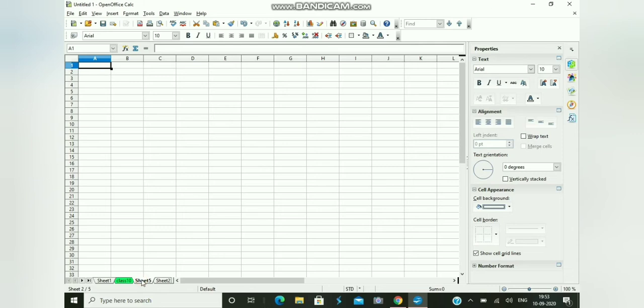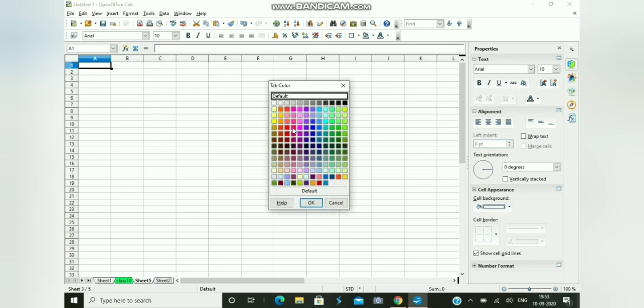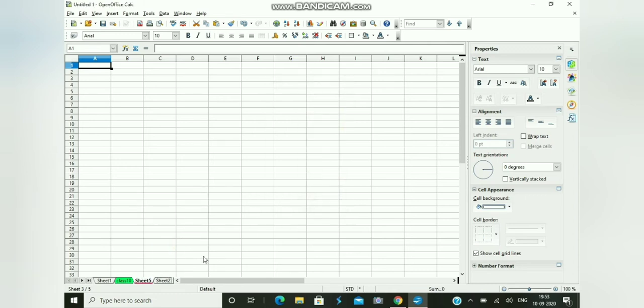Now if I come to Sheet 5, as you can see, the sheet that has been renamed has been assigned a turquoise color, which is appearing as green over here. All right, so accordingly we can apply different colors to different sheet tabs. Just click on Tab Color and you can choose your own desired color. Just click on OK. You come to another sheet, you can see the sheet tabs will be colored with a different color of your choice.